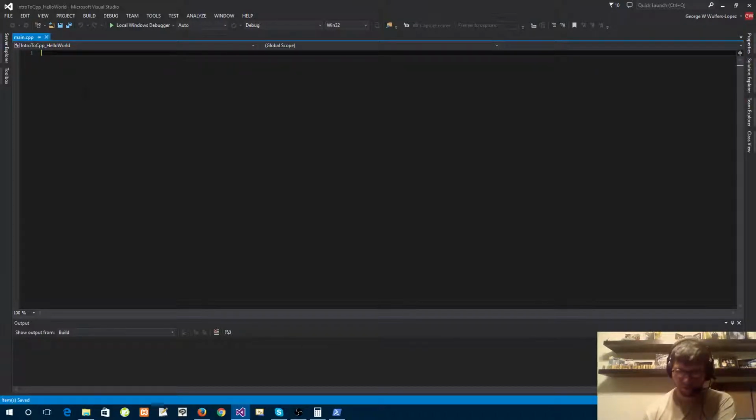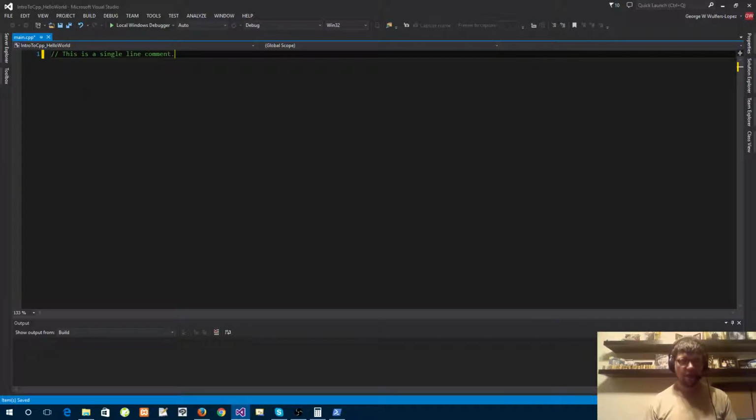Now let's start off with what comments are. There are two types of comments in C++ and C, I think. Yeah, in C. The first one is a single line comment. This is for short comments that only use one line. So you would type // and it should turn green. Let me just make this a little bit bigger. So it should turn green, and then we can write anything we want, like, this is a